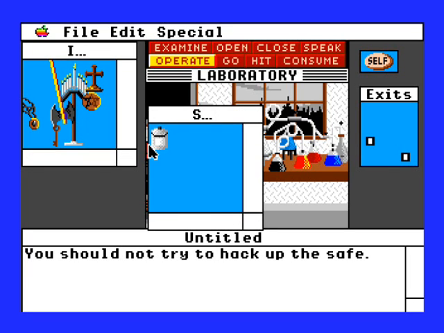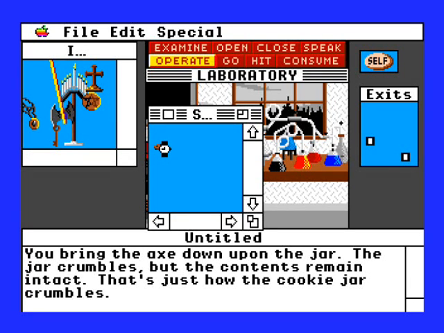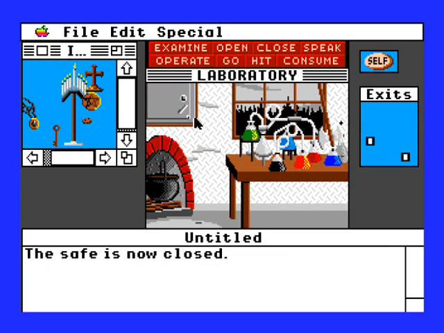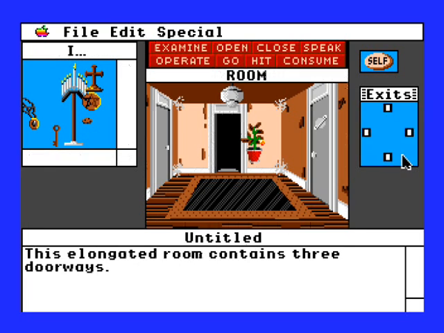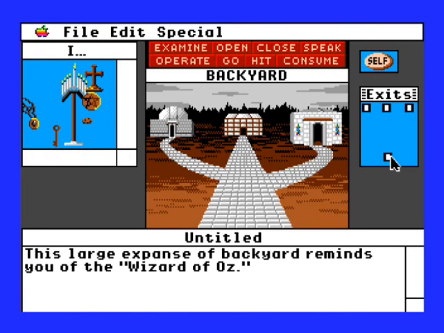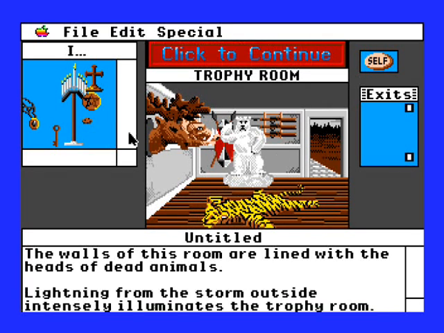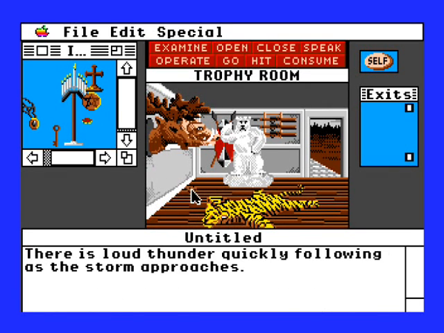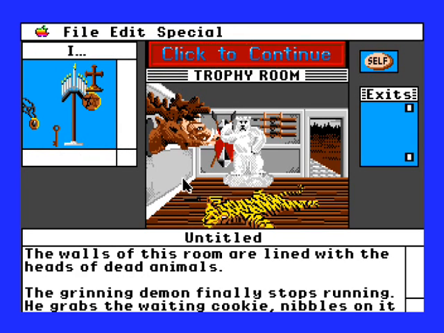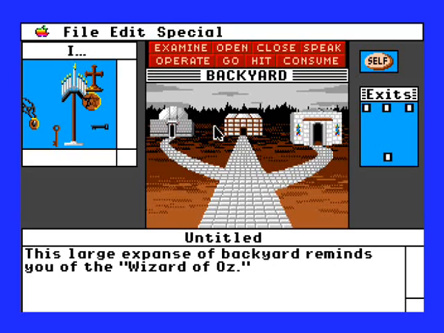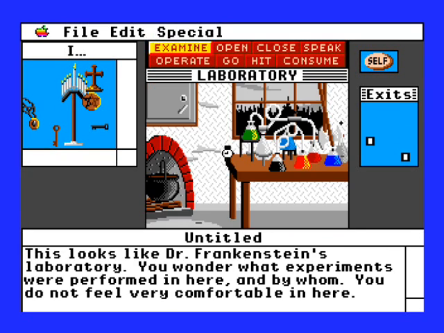That's not what I wanted. Jeez, that's a loud crash. We no longer need the axe now. We got that. I don't think we need the candlestick either, but I'll keep it just in case. Now you go back to the... You can be anywhere in the house, but you just drop the cookie here and just click around until the guy grabs it, and he'll forget that he had a key. So now we can go inside and